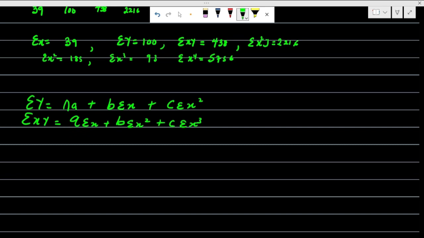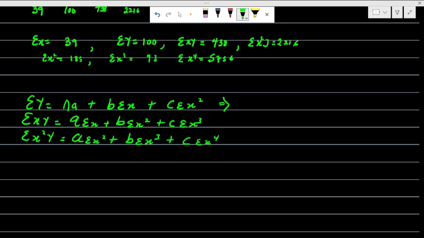So it's just as if you are using x to multiply the next equation. For summation x squared y, this will become a summation x squared plus b summation x cubed plus c summation x raised to power 4. That's simple as that. So if I'm going to rewrite all of this now,